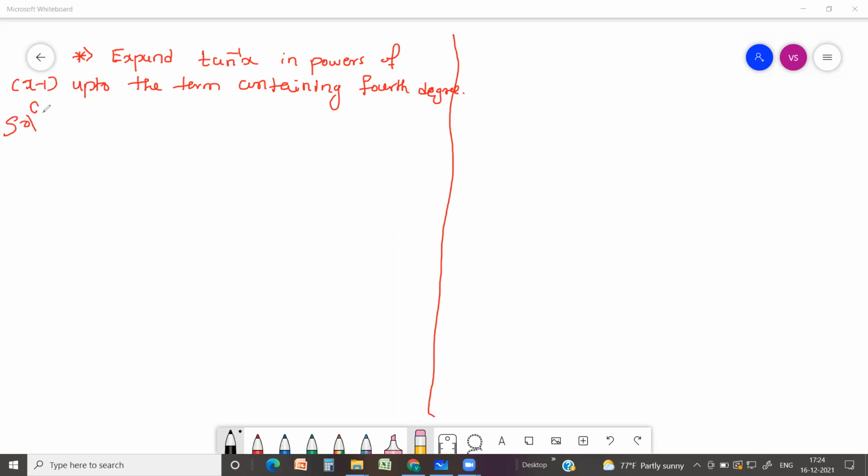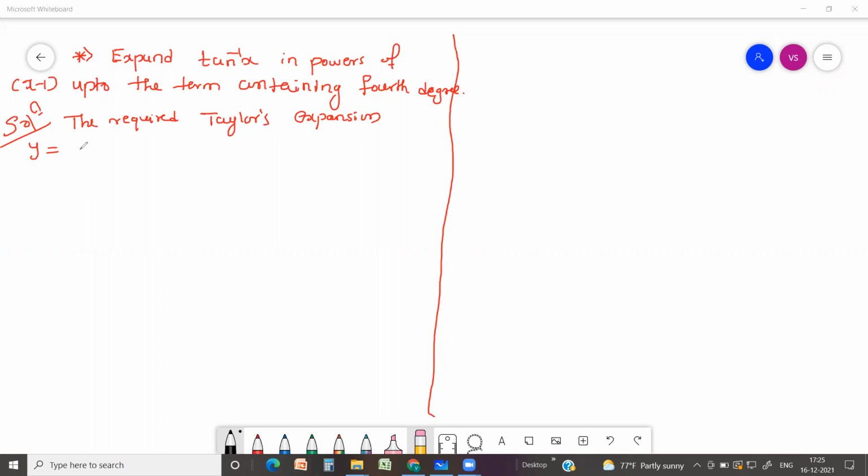In the last class, I told that if nothing is mentioned in the question, a minimum third degree expansion is mandatory for Taylor series expansion. Since in this question they have clearly told you have to expand up to fourth degree, we have to go with the procedure. First, we have to write the general Taylor series expansion. So the required Taylor's expansion is: what is the formula?